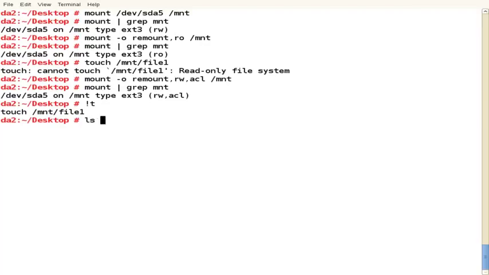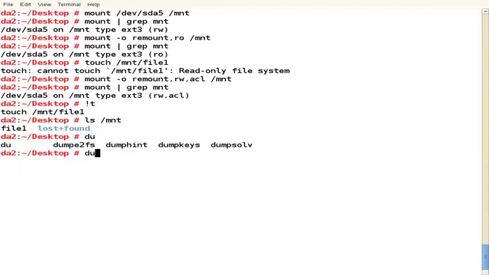Now you can see as well, running the touch command, I'm of course able to write to the file system and now create file 1. So ext3 is a generic everyday file system that works reasonably well. We'd need to put an entry into our fstab file should we want to make this available every time the system started. We probably wouldn't mount it to the mount directory, but we'd create a directory called, I don't know, data or